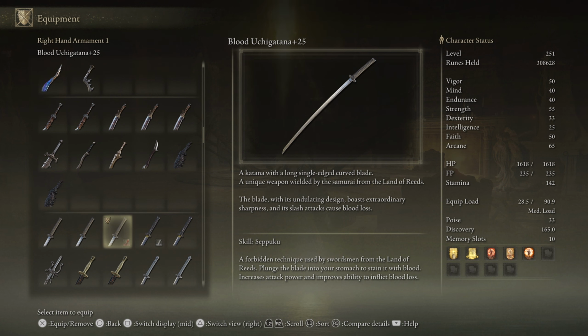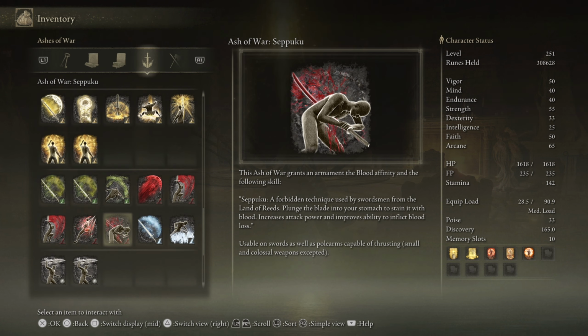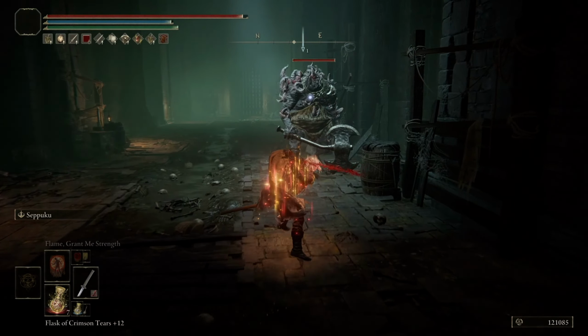This build uses a plus 25 Uchigatana equipped with the Ash of War Seppuku with the Blood affinity that raises the attribute scalings 1 grade, changing strength from a D to a C and dex from a C to a B, and also adds Arcane into the mix at D. This build is a straightforward melee combat build that doesn't rely on any magical ranged attacks and is great for